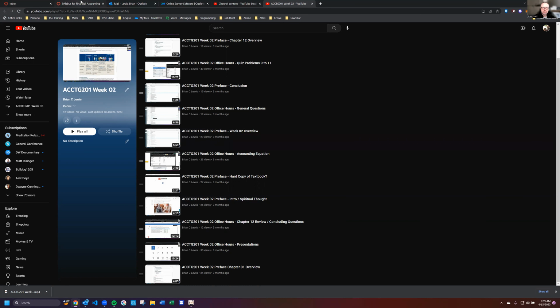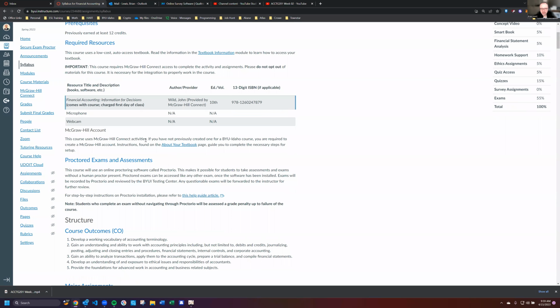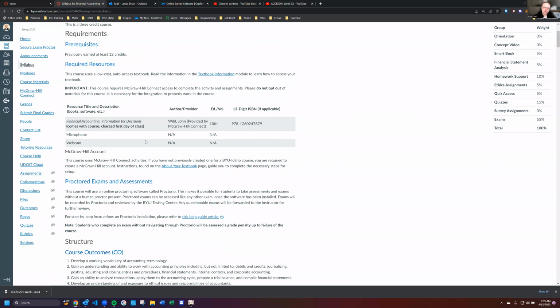That said, going back to the syllabus, this is your primary textbook, your material for the semester. And one note, I don't construct this class, the syllabus, this curriculum. This is constructed by BYU Idaho. I simply facilitate and support you during this process. So any of the things that are in the syllabus come directly from BYU, and my job is to make sure that I provide some support along the way.